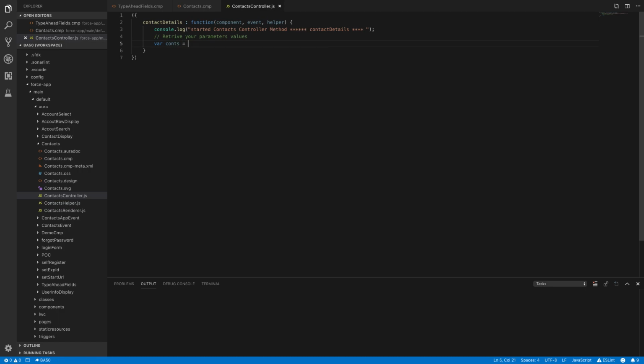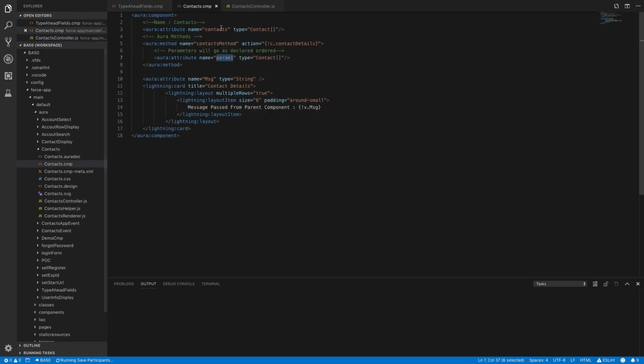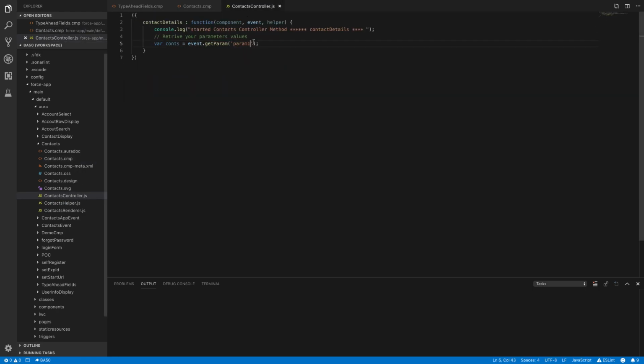const equal to event dot get, get param, and then your parameter. What is our parameter name? Param. Once you get this data, you have to assign it back to, let's say, let me display